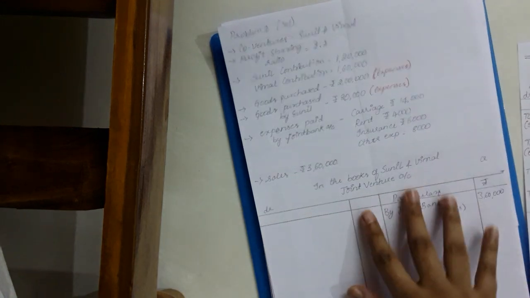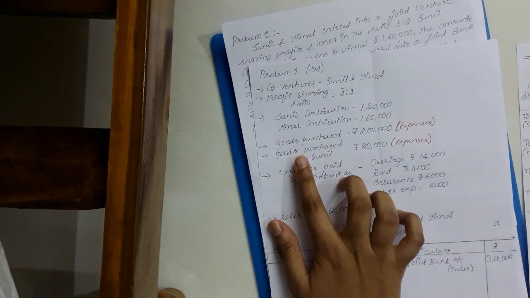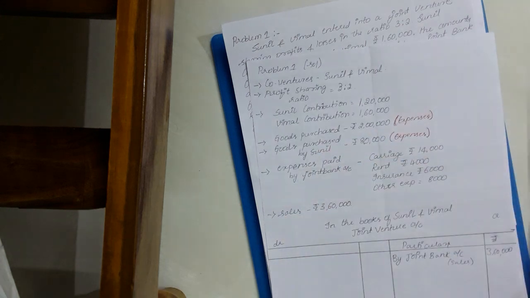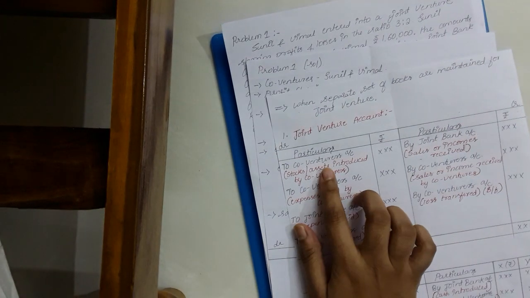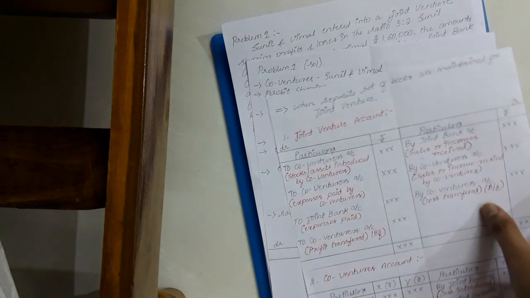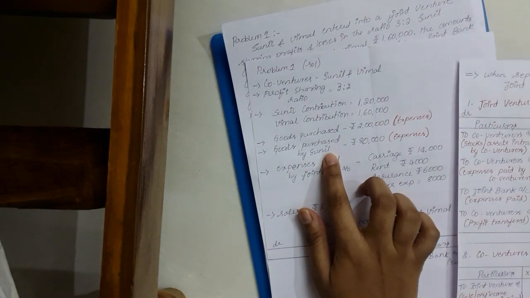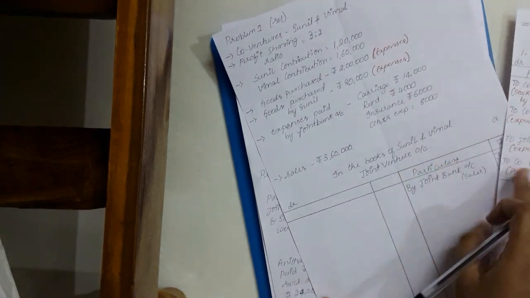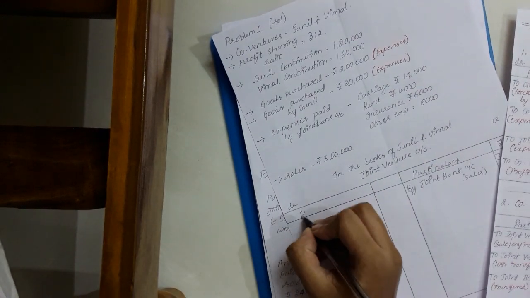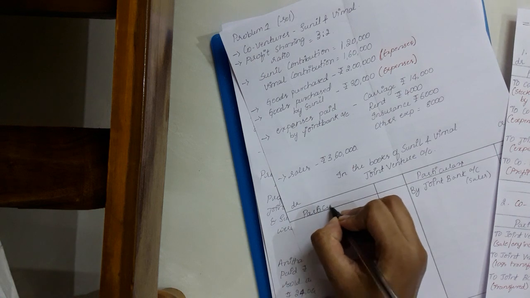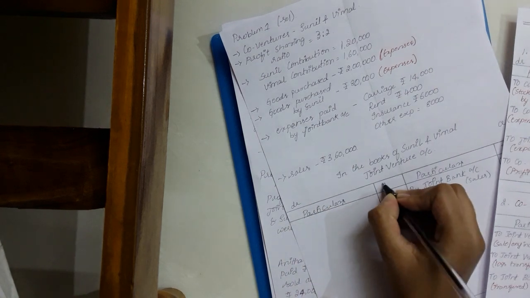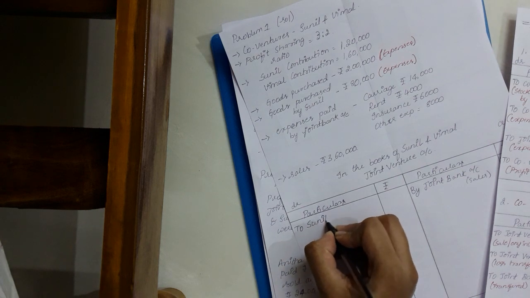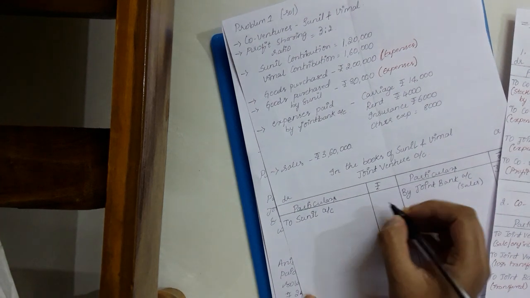In the question, they have given the goods purchased by Sunil. That person is giving the assets, so assets introduced by co-venturers will be written. Sunil has given assets worth 80,000, which need to be written here. Who is the co-venturer giving the assets? That is Sunil's account. How much value of assets is he giving?